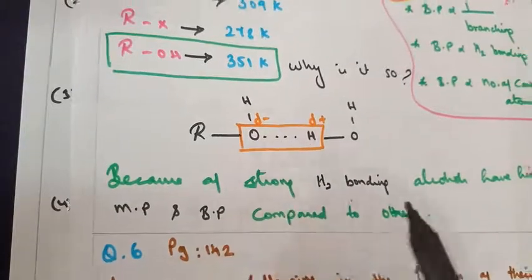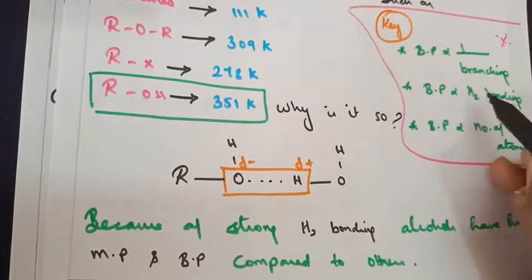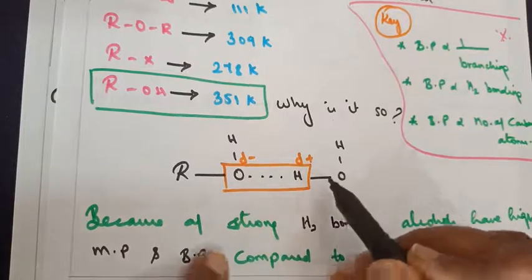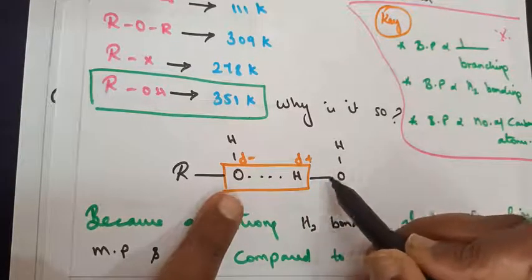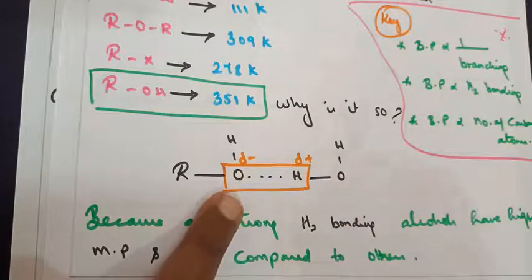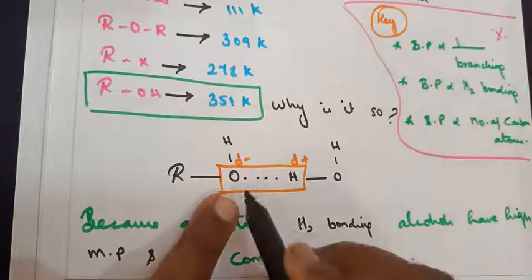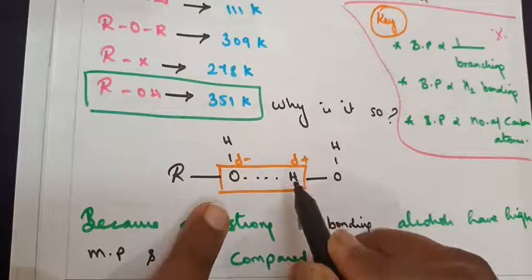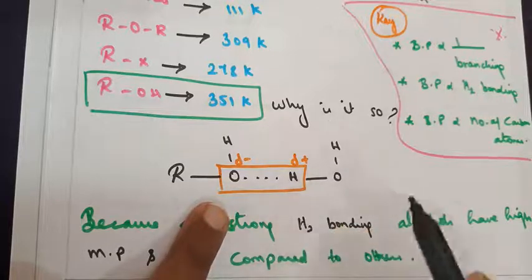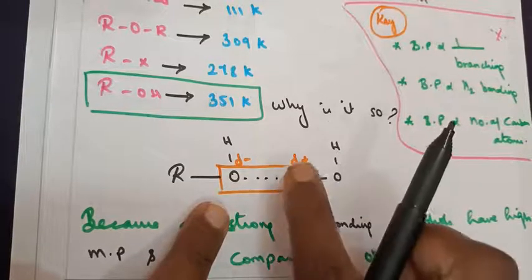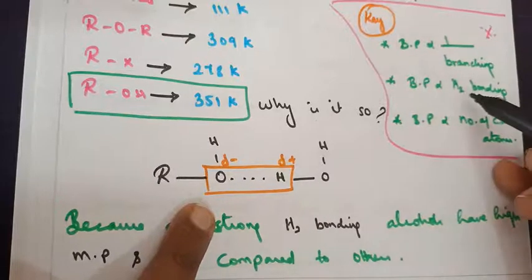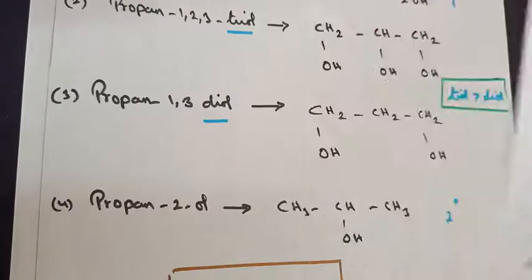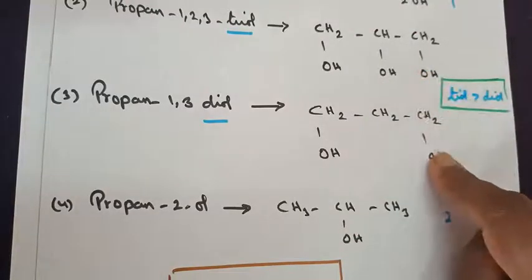I also told you one point: greater the number of hydrogen bonds, greater the boiling point. In this case, only one hydrogen bond. Please do not consider the bonding between O-H and O-H here; I will tell you that concept in the next class. Only remember, when bonding is formed between 2 different molecules, it is called intermolecular bonding. Greater the number of hydrogen bonds, greater will be the boiling point, and that's the concept you have to apply here.